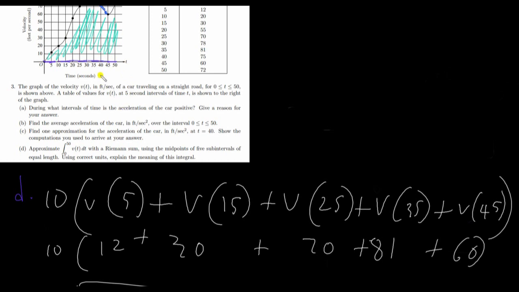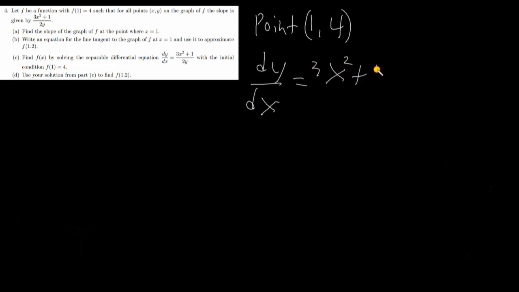Let's go on to question 4. Okay, so in question 4, let f be the function with f of 1 equals 4. So already we can say, alright, we have the point (1, 4), such that for all points (x, y) on the graph of f, the slope is given by 3x squared plus 1 over 2y. Now remember, the derivative is just the slope at a point. So when they're giving us the equation for the slope, they're giving us the equation for the derivative. So what that means is dy/dx is 3x squared plus 1 over 2y, right? They're giving us the differential equation